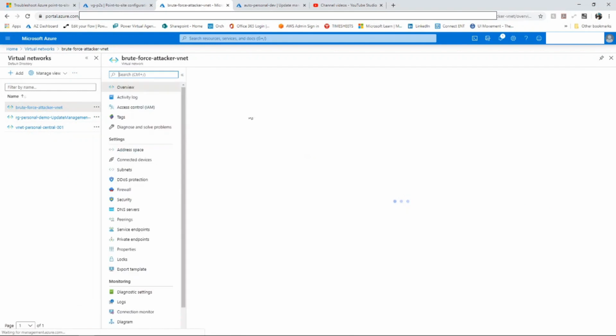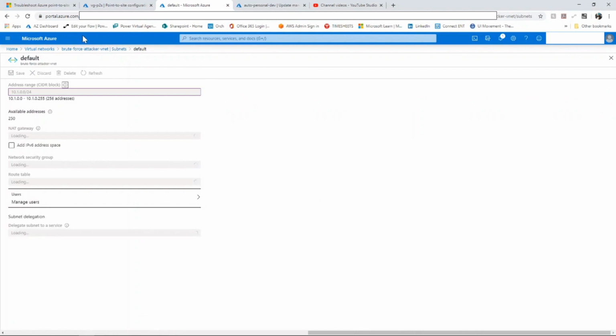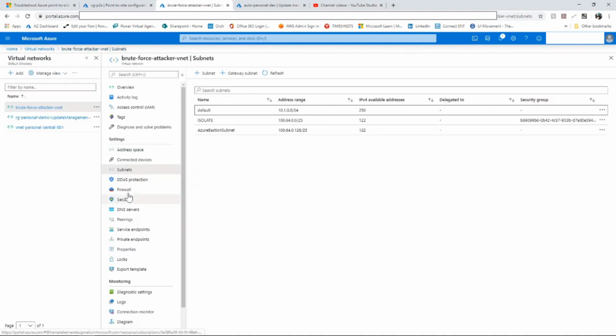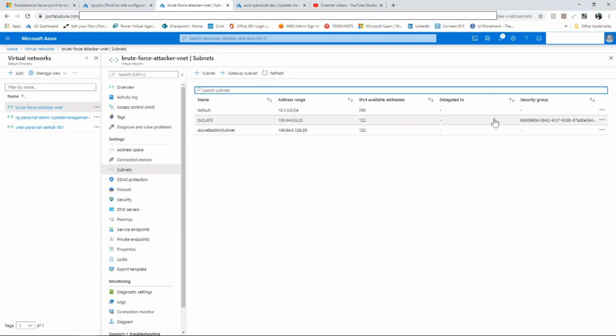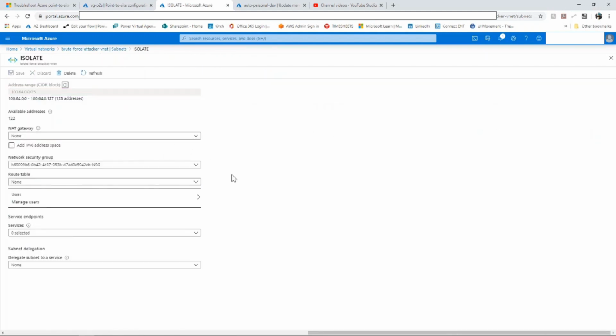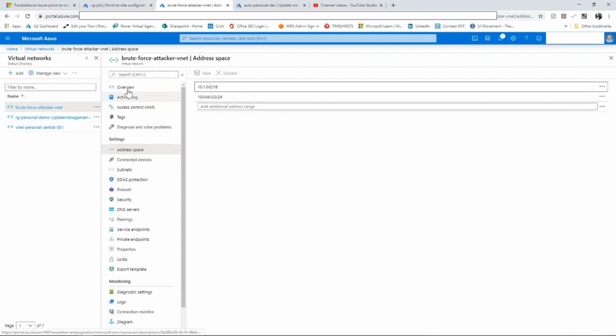And so back to the VNet, and if we see the subnets in the default, let's go to connected devices. In the default, there's a VM there, but it's not the one that we're doing this demo with. Now there is the target VM. That's the network interface for that target VM, and it's now in the isolate subnet. So we go to subnet, and here's where the VM gets put. All right, and then lastly, if I'm not mistaken,